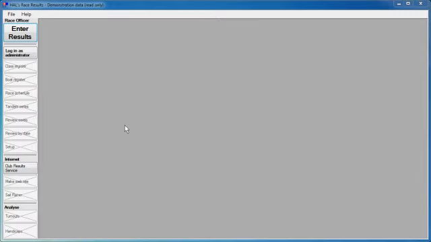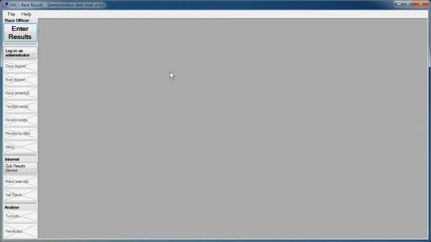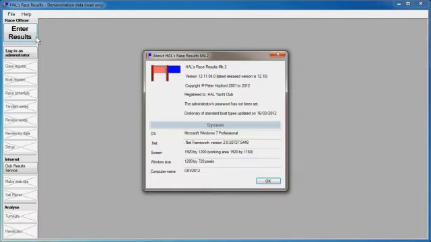Hello. In this video I'm going to show you how to put a new set of results into HAL's race results. Here you see the opening blank HAL's race results screen, and for the purposes of this demonstration I've loaded the demonstration data. You can see it across the top, which I did from the File menu, Open Demonstration Data here. The version of HAL's race results that I'm using is version 12.11,